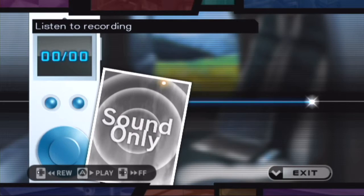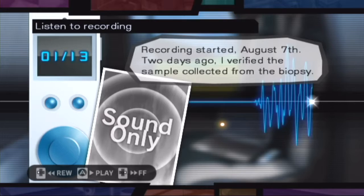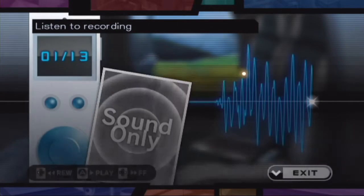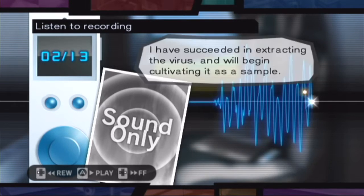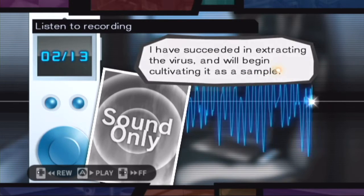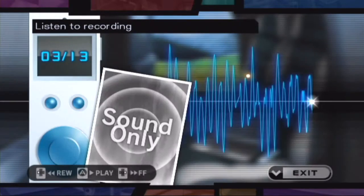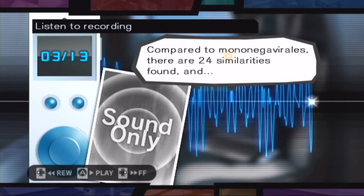Sound only. Recording started August 7th. 2 days ago, I verified the sample collected from the biopsy. Sounds about normal for some kind of researcher. We have succeeded in extracting the virus and will begin cultivating it as a sample. Compared to the mononegavirales, there are 24 similarities found, and